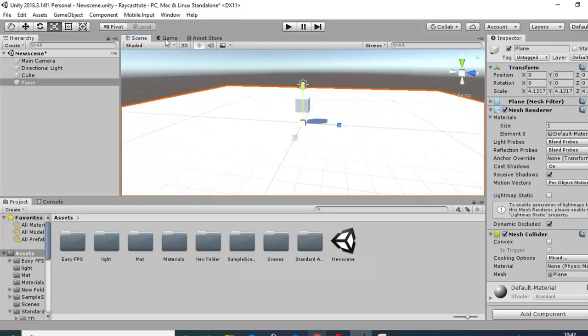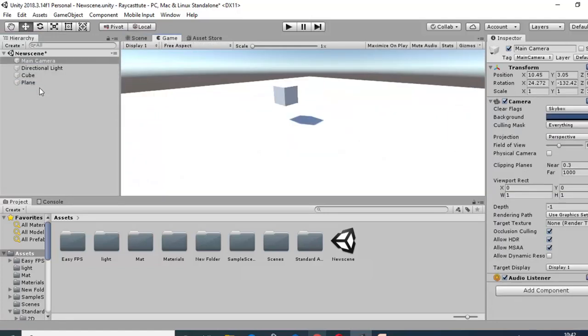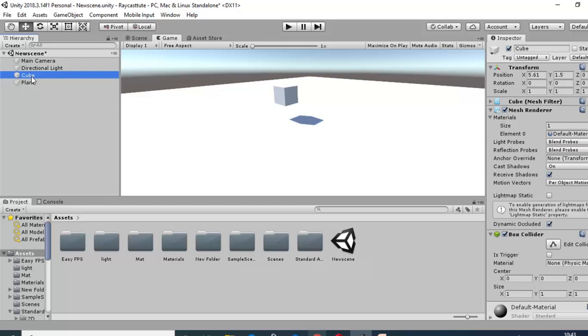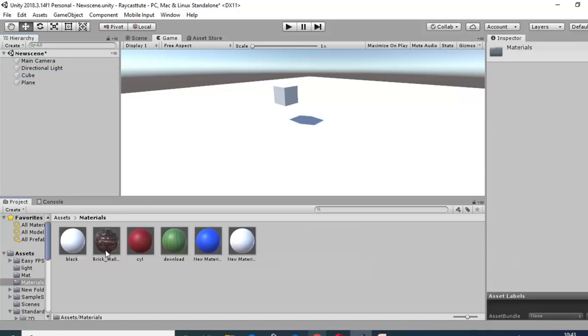Okay, we can see it in the game preview. Now we will assign some materials to this cube. Our objective is to create a prefab using this cube. I have already downloaded some materials, like this brick wall, and in order to assign this material we will drag it onto the cube. Here we can see that this game object is covered with a brick material.